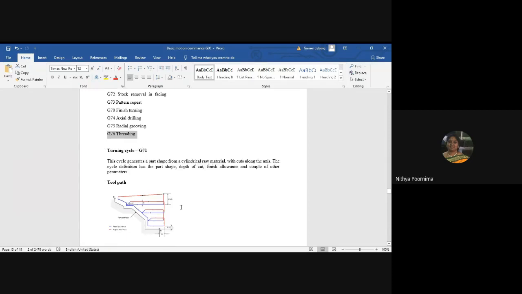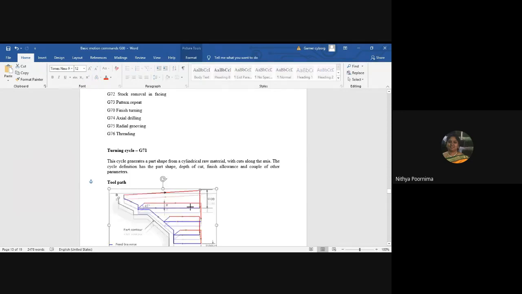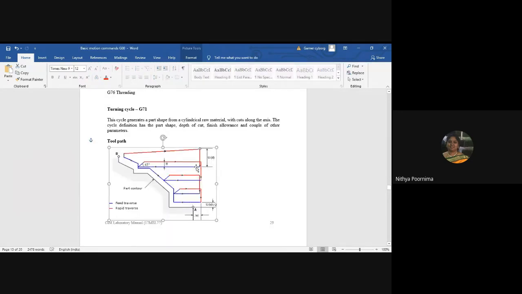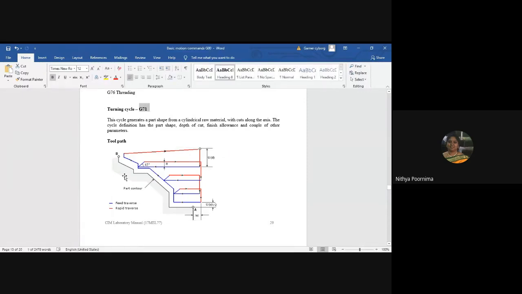Can you see, this is the toolpath movement of it. First the tool will come like this, it will move, then again it will go, again it will go, again it will go. It is taking the complete contour of your workpiece, and it will do the operation whenever you use the canned command G71. Is it clear? You define the depth, and based on that, the operation from this end to this end will repeat completely on its own once we make use of G71.